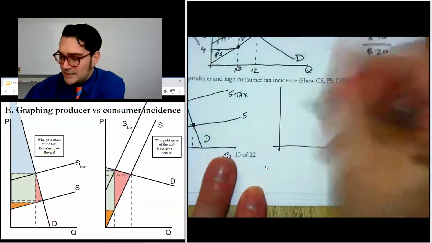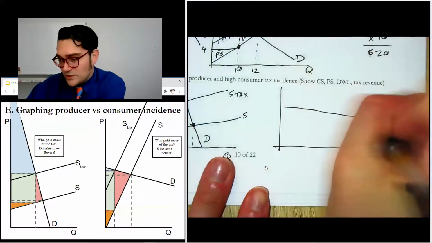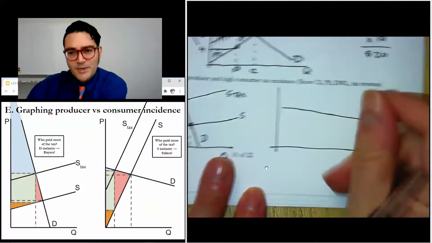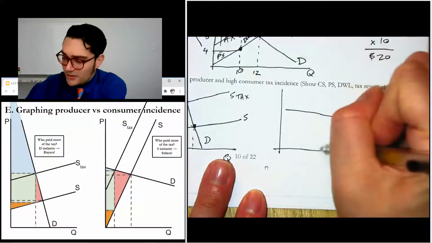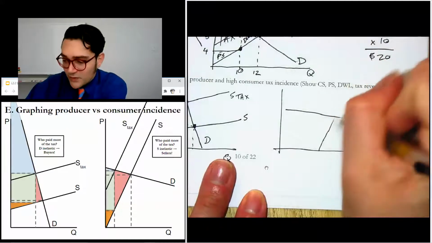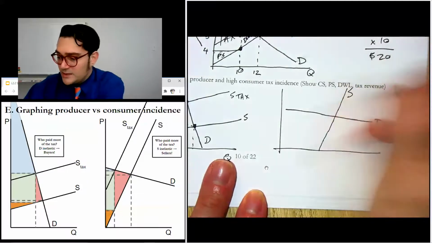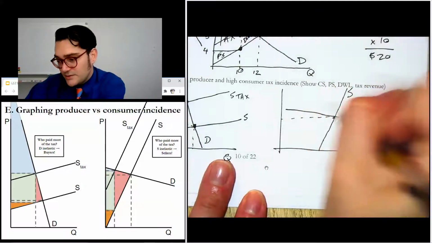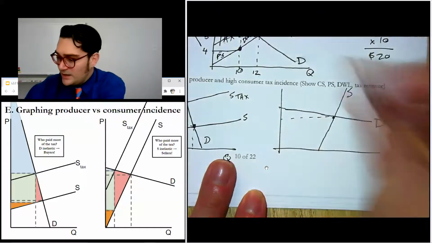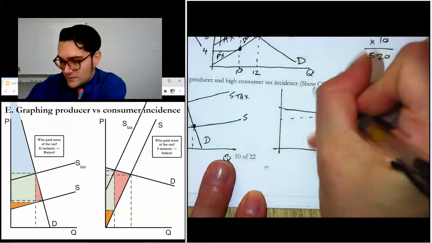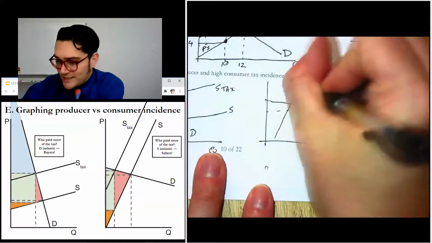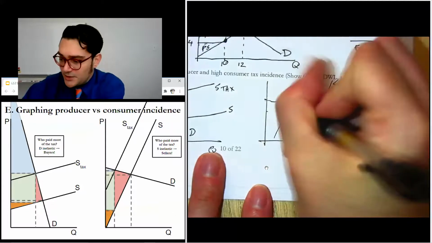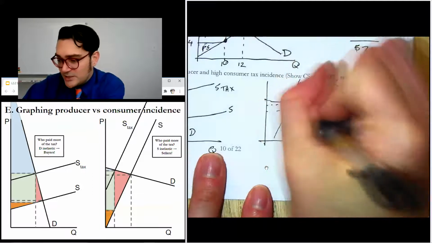On the right-hand side, let's do one where the demand curve is really flat. That might be even a little bit too flat for me to show. And the supply curve is really vertical, okay? And so the original is here, like that, okay? And then let's do, and so it's a pretty big tax, right? Like if we were to continue it, it'd go like way up here. So the new S tax is here. So the new price the buyers paid